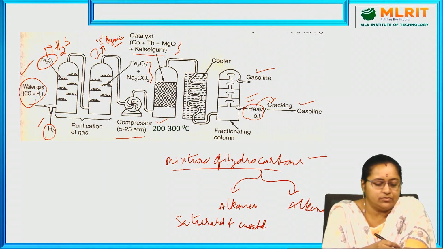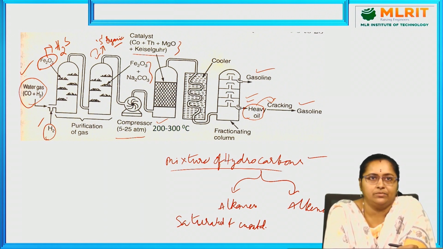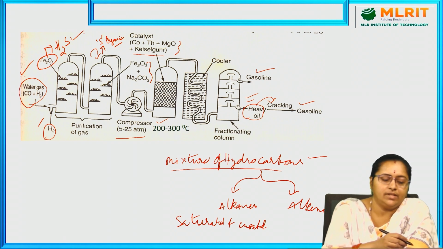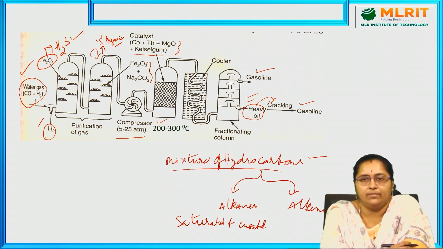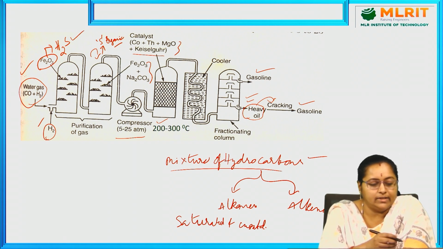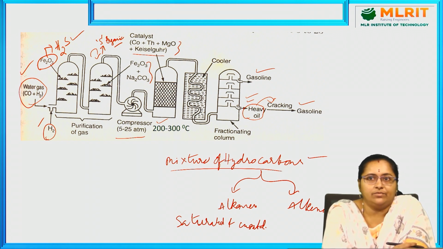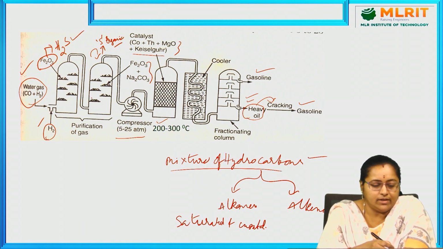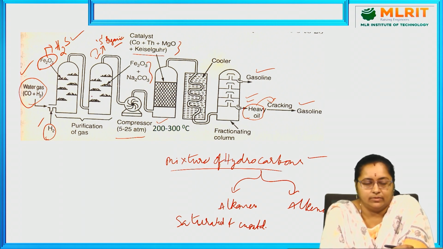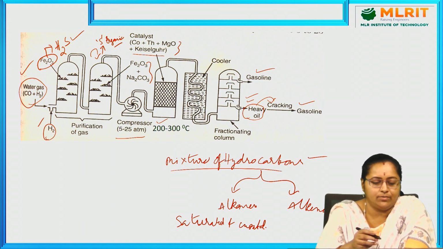The first purification chamber has Fe2O3, which is meant for removing sulfur in the form of H2S, and then it is passed to the second chamber. There we have a mixture of Fe2O3 and Na2CO3. This mixture is meant for removing sulfur in organic form. After the entire sulfur content is removed, the purified hydrogenated water gas is then allowed